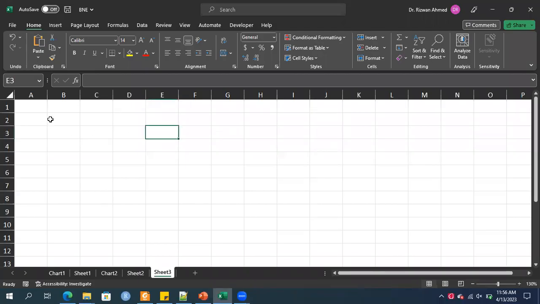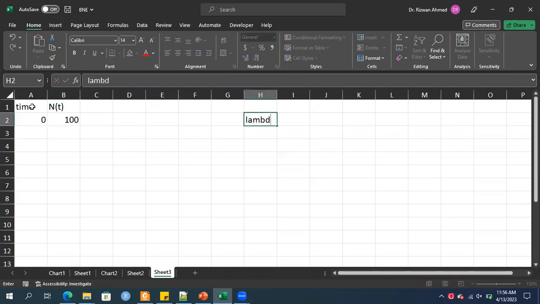So I'm taking a radioactive decay problem. I write here time, and the next column here is N of t. For the time being, let's say it is 100 at 0 time. Let's define a value lambda. I take 0.03. So we can see the decay of this nuclide